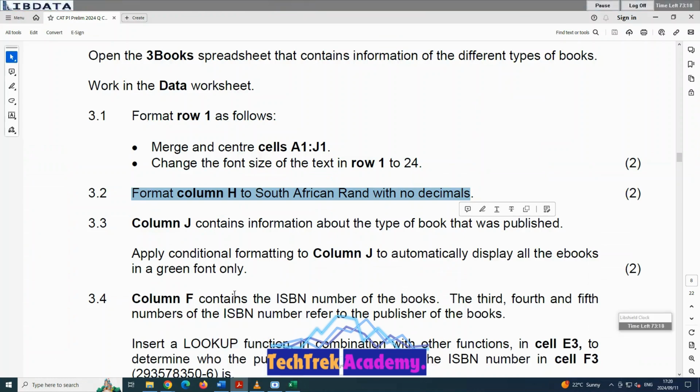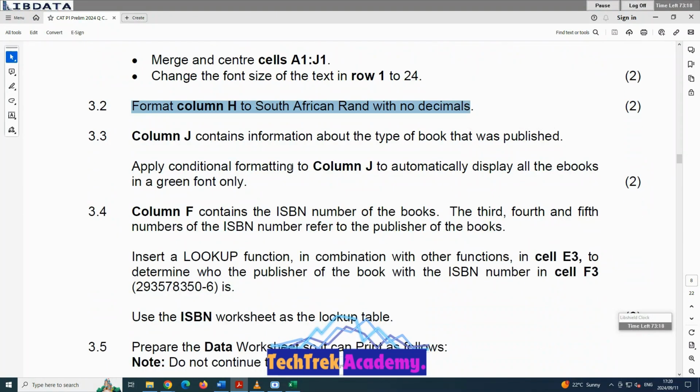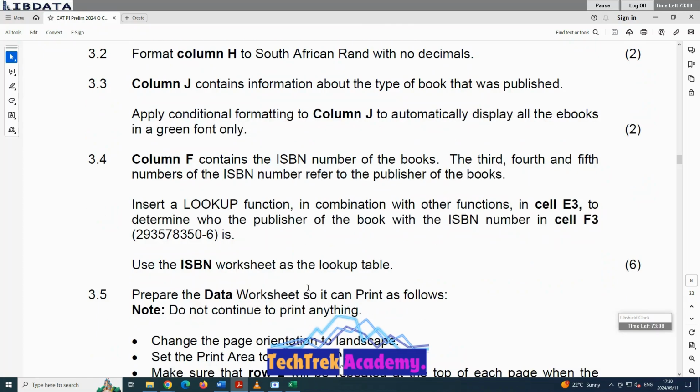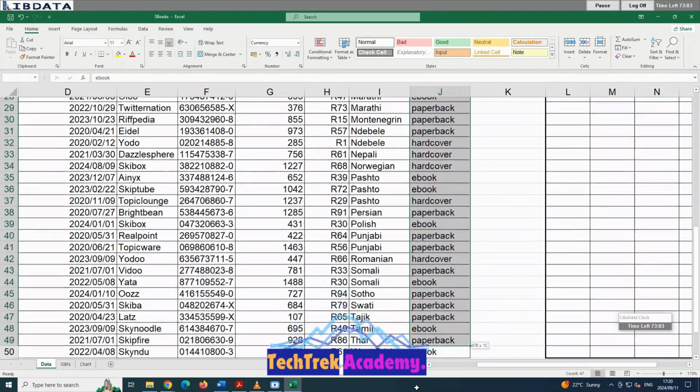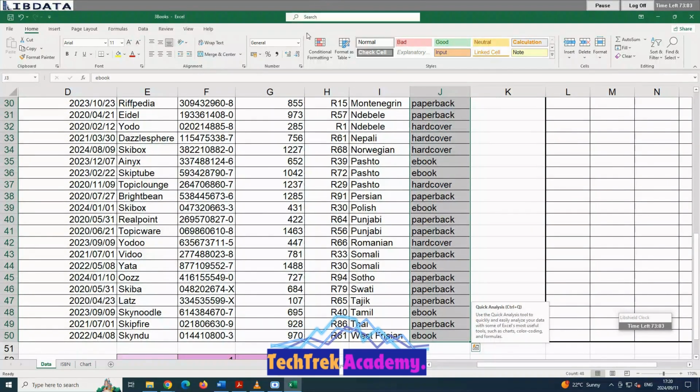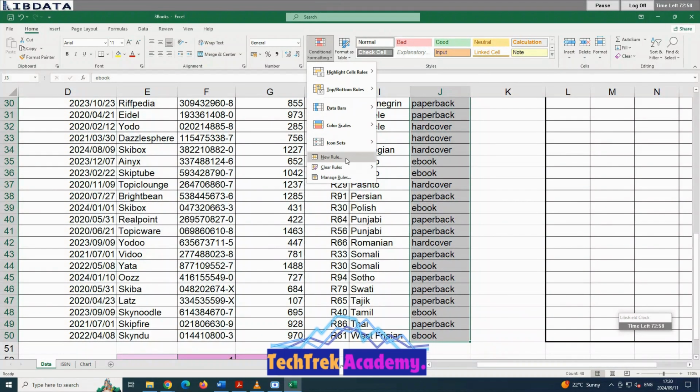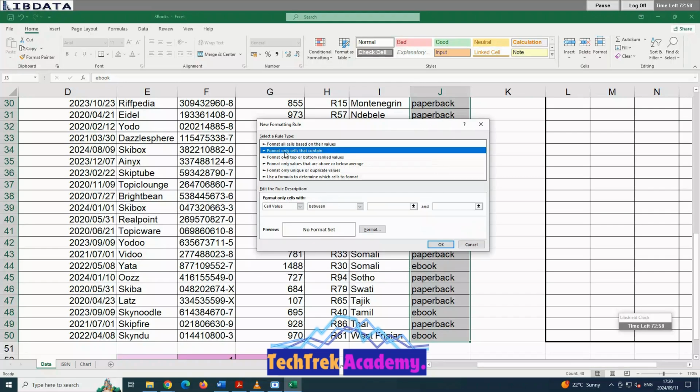We are told again now to apply conditional formatting to column J to automatically display all the ebooks in a green font only. And they say font only. We do not color fill, but we change only the font. Highlight column J, the content in column J. Go to conditional formatting. Format only cells that contain,